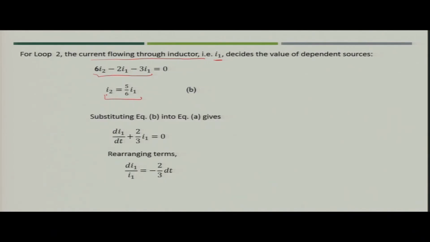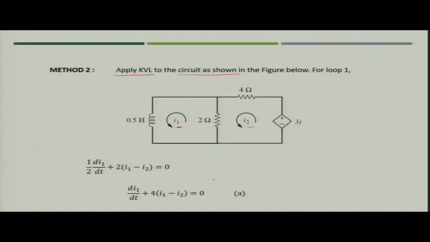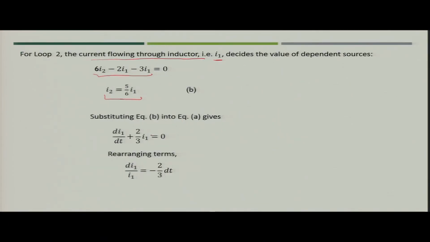So, what we get here is I2 is equal to 5 by 6 I1. Now, let us substitute the value of I2 in the equation which we just now calculated from the mesh equation for loop 1. If you put the value, this will become di1 by dt plus 2 by 3 I1 is equal to 0. Now, you can rearrange it, and this will become di1 by I1 is equal to minus 2 by 3 dt,